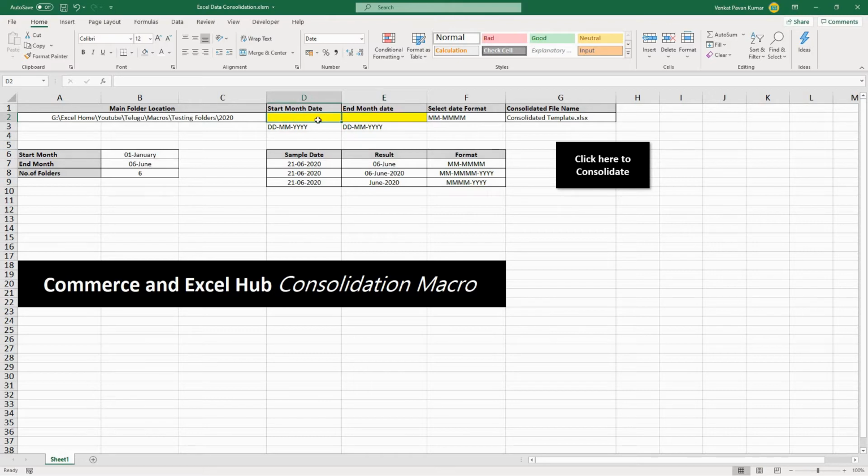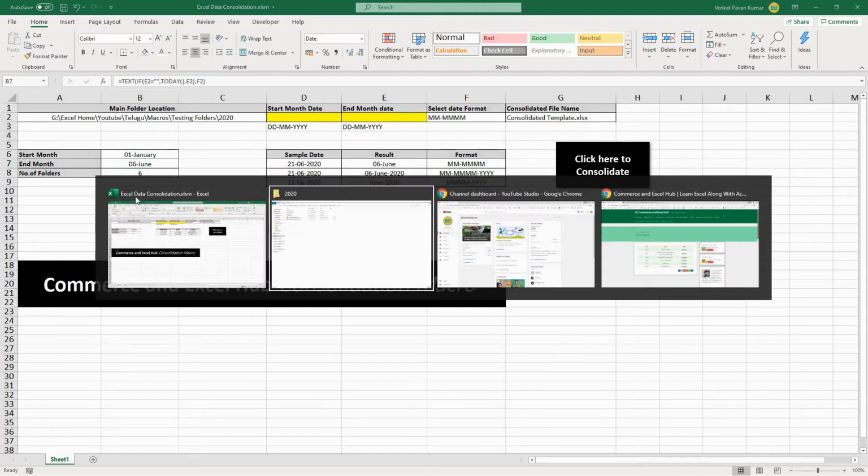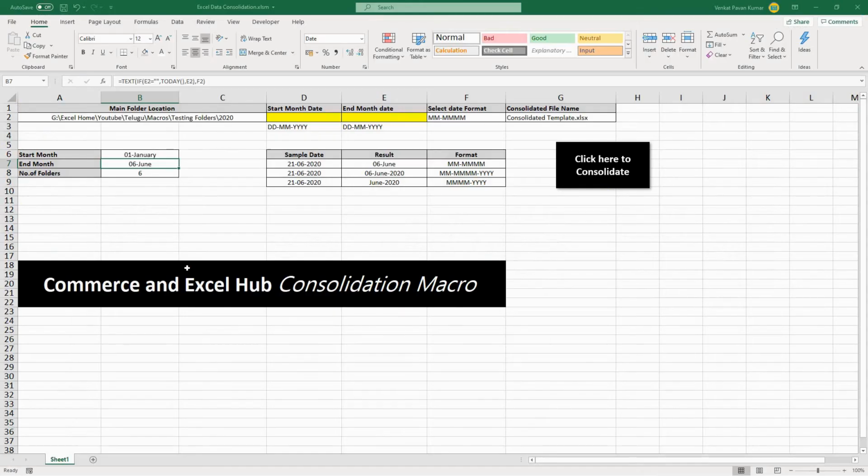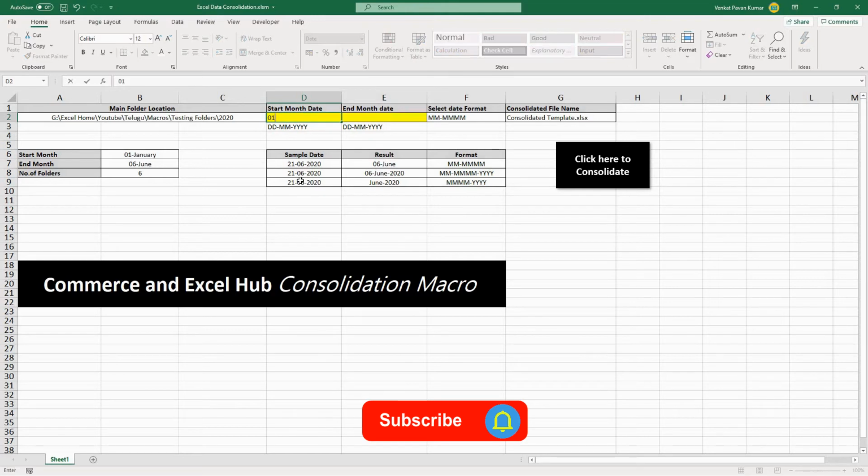If we don't update the start month and end month, by default the macro will consider the start month as January, and the end month as the current month. In this case, in the folder I have data only from January to April. So I'm going to run from January to April.